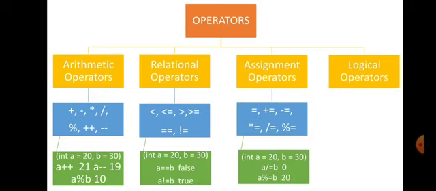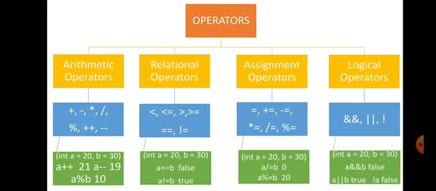Now finally the operator is logical operator. Logical means either or. Just like in the previous example, I have given you a coin. If you toss a coin, you will get either a tail or a head. Ampersand ampersand, or, not. Ampersand ampersand is and, followed by or, that is two pipe symbols, and finally followed by the not operator. With an example, A is 20, B is 30.